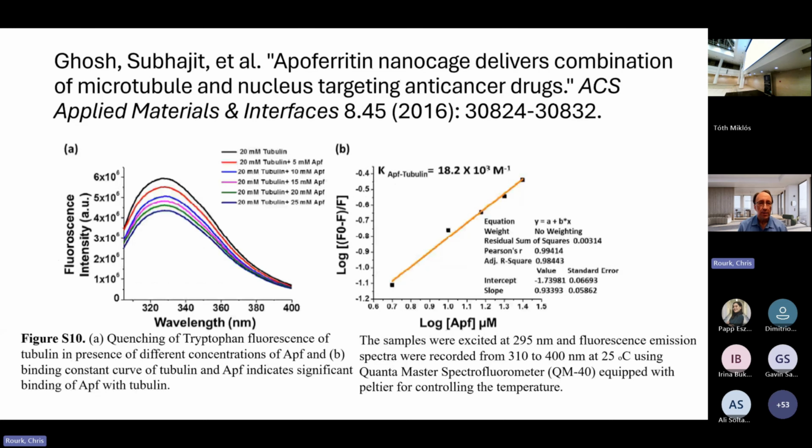Study. And they were looking at using apoferritin, that's the ferritin without anything in it, as a carrier for anti-cancer drugs. But they did this one additional study where they measured the effect of apoferritin on tubulin, and they showed pretty good evidence of quenching. I note that it was quenching at 295 excitation from 310 to 400 nanometers. You can see the quenching is all across that